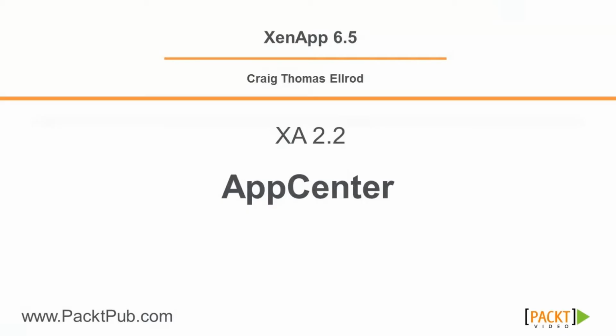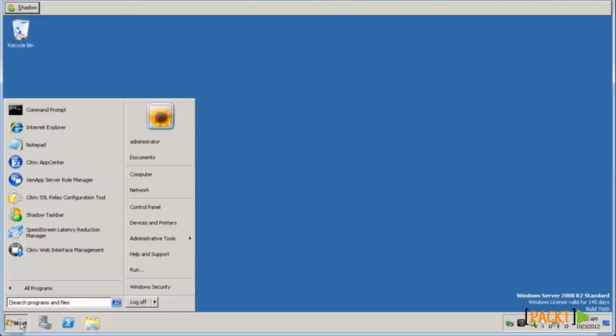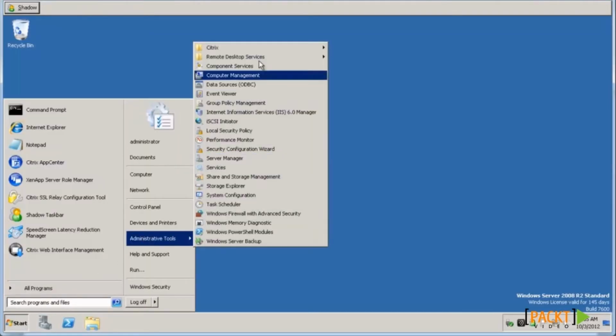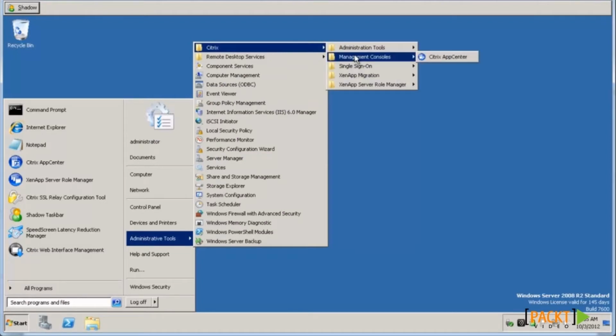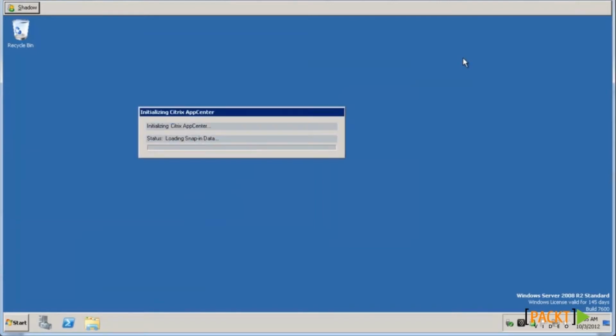Let's talk about Citrix App Center. Out of the two most important XenApp management tools, App Center is one of them. You use this tool to manage the XenApp server farm and make applications available to your users. You access the Citrix XenApp console by navigating from the Start menu to Administrative Tools, Citrix, Management Consoles, and then